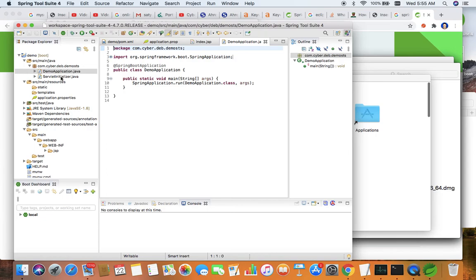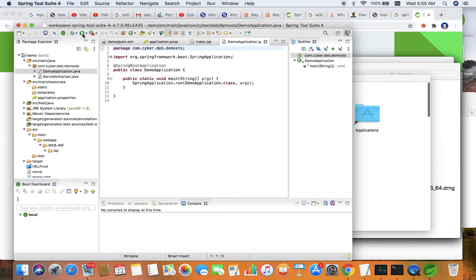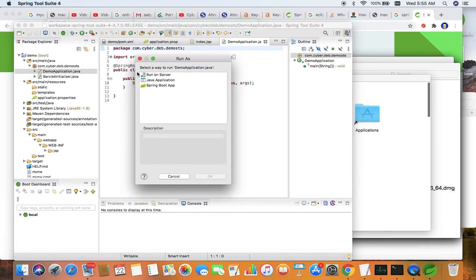The servlet initializer you need not disturb, just open this DemoApplication.java, right click, run as Java application, or you can directly click on this run button, run as, then it asks the same question, Java application, click on OK.